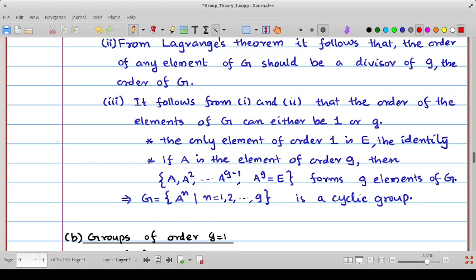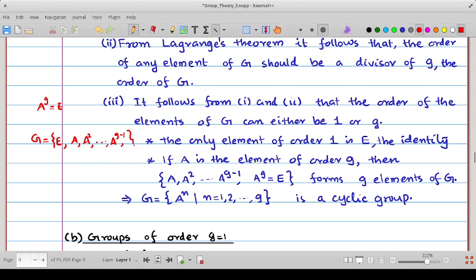So then the elements can be written in the following way. G will be first of all E, and the other elements all should be of order G. So they can be written as A, then A square, A cube, and so on up to A to the power G minus 1. So if we take A to the power G, this will be E